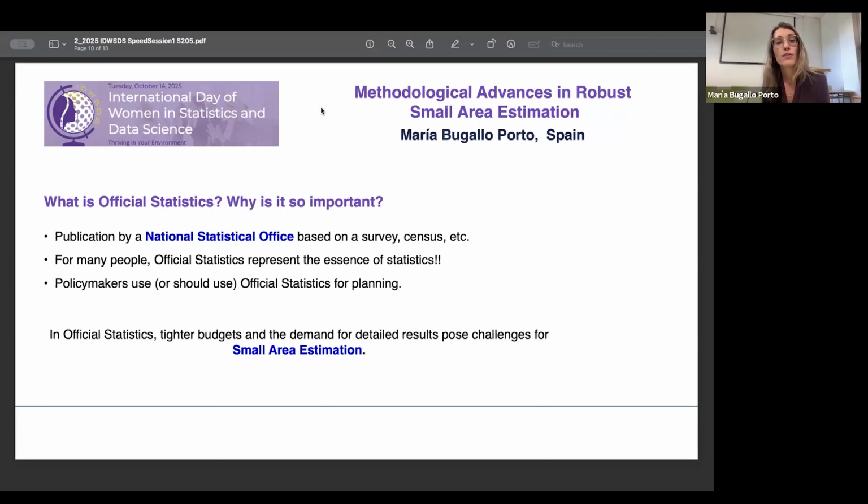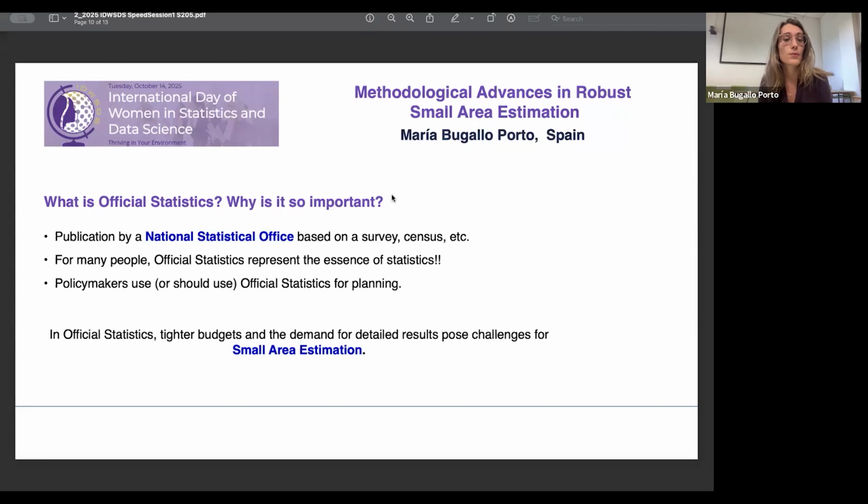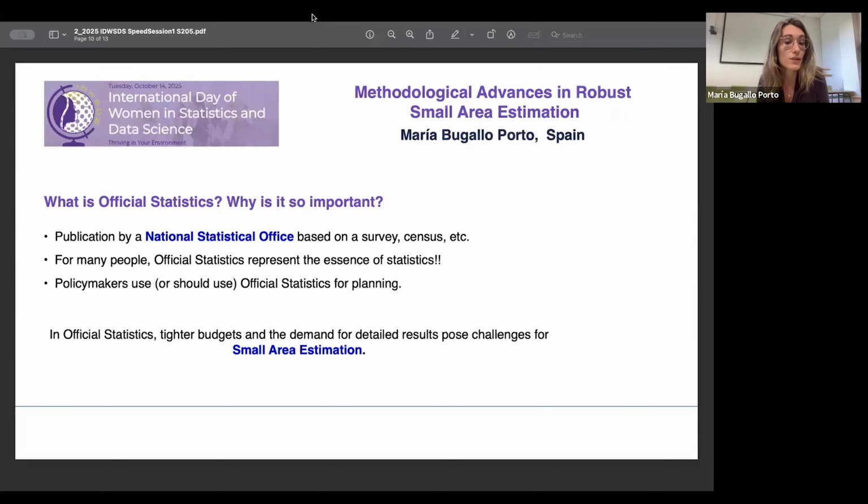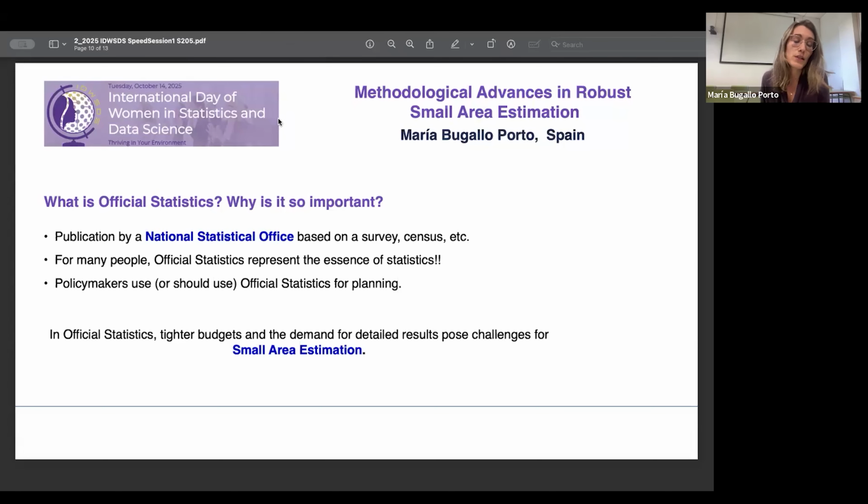However, although we live in an age of information, there is still a need for a cost-efficient survey design. On the one hand, we have the level of aggregation of the survey, and on the other, the level of aggregation of the results. And it can be quite different, so we deal with small area estimation challenges because the sample sizes are quite small to use direct estimators such as the Hajek or Horvitz-Thompson estimators, and we need to rely on more sophisticated prediction tools. So in the next slide,